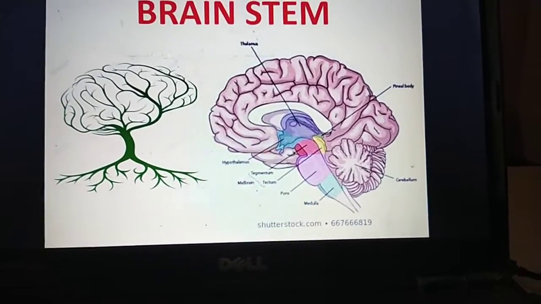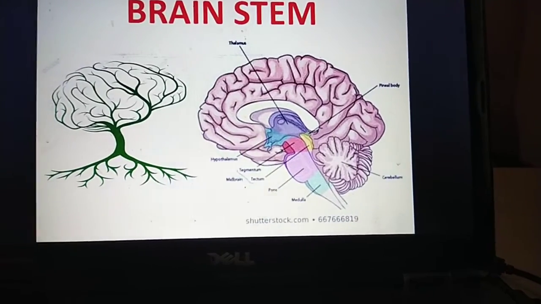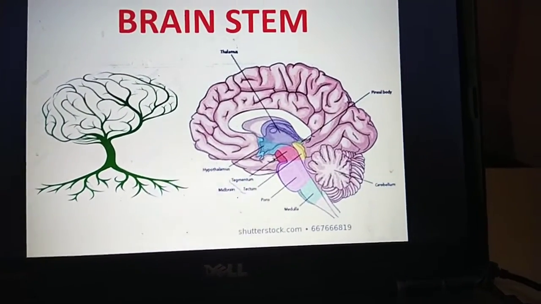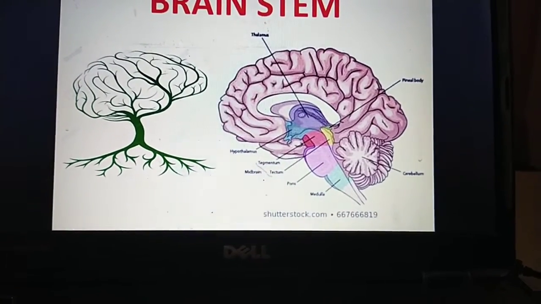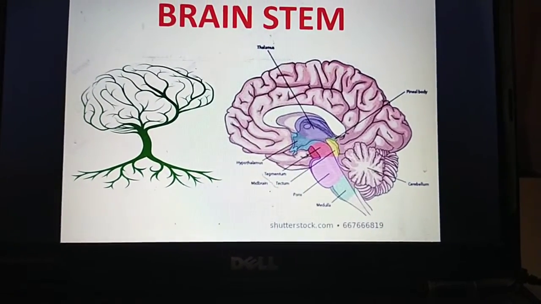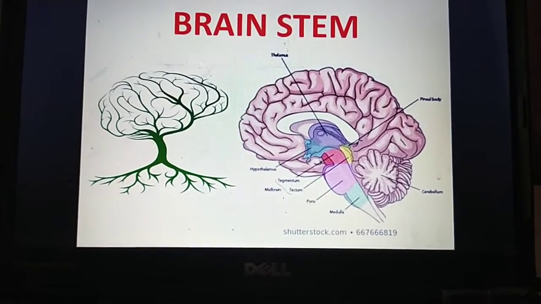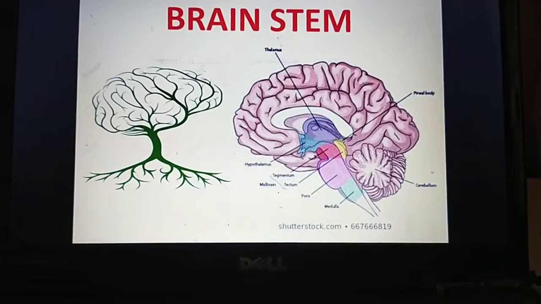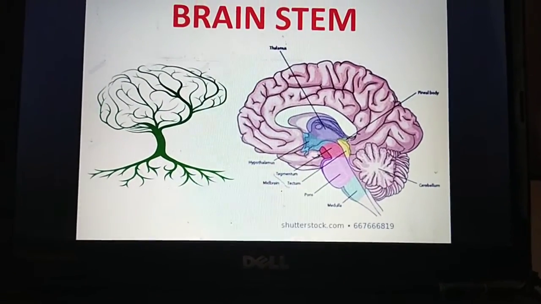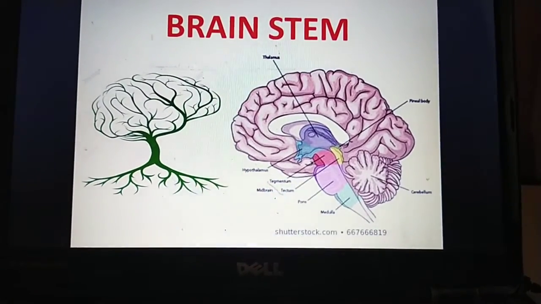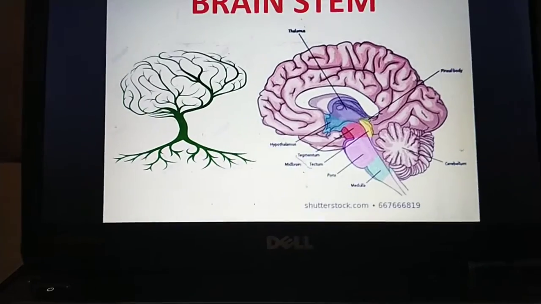Today we will go through the anatomy of the brain stem. It is a very important structure present in between the spinal cord and the brain. The brain stem is the distal part of the brain that is made up of the midbrain, pons, and medulla oblongata. Each of the three components has its own unique structures and functions. Together they help to regulate breathing, heart rate, blood pressure, and several other functions.